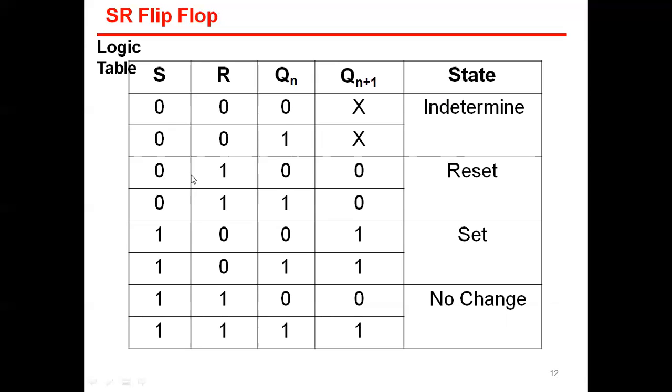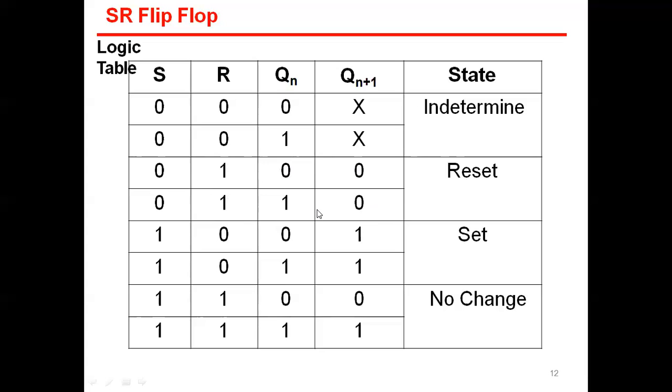Next state 0 1 0 1, while R equal to 1 in both these rows. So we are going to reset the next state. If Qn equal to 0, then Qn plus 1 is also 0. If Qn equal to 1, Qn plus 1 is also 0. That is called the reset state, in which, once again repeating, R equal to 1 both times, Qn plus 1 is generating output equal to 0 0.